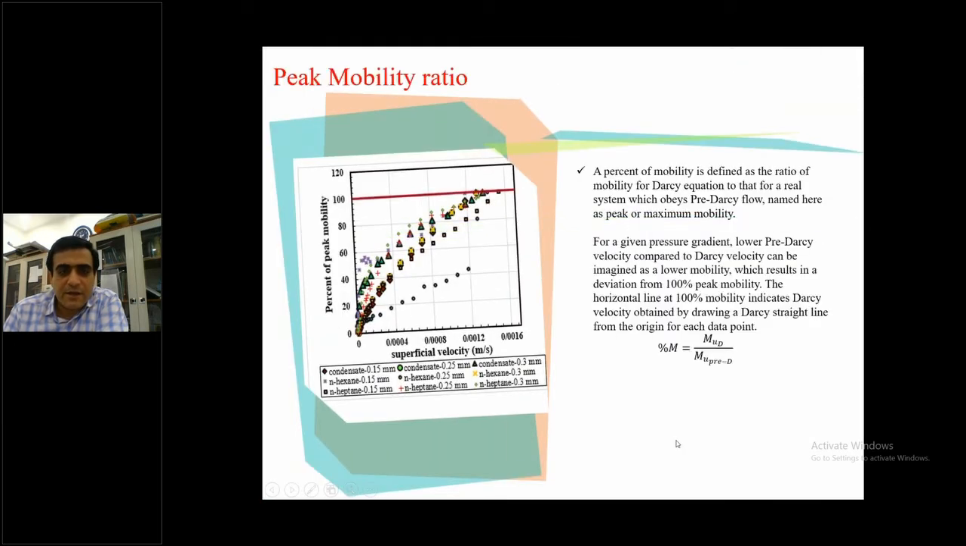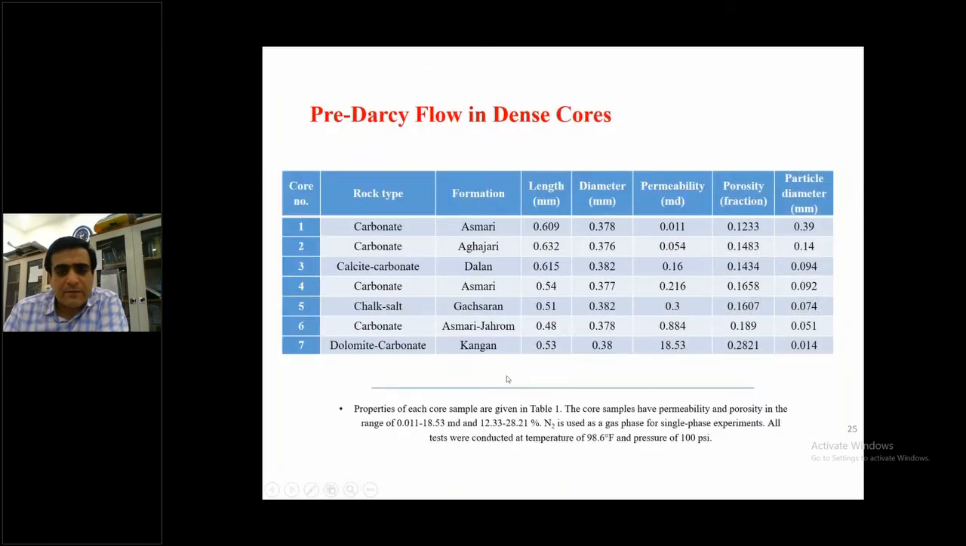And this curve shows the ratio of the mobility for the Darcy equation and for the pre-Darcy equation. You can see here, as the superficial velocity increases, the flowing conditions approach the Darcy flow. And the case of the pre-Darcy flow in dense cores was also studied using